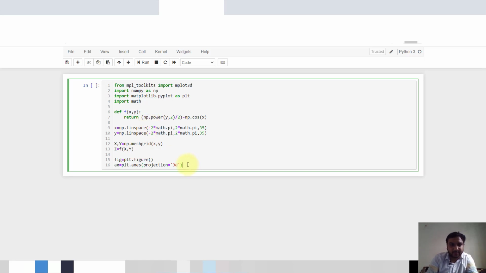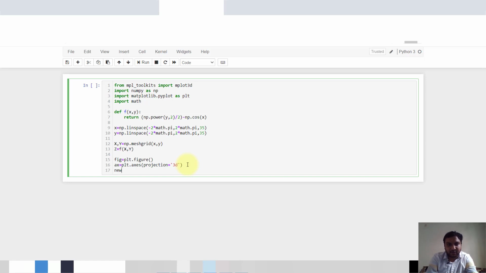So it will create our 3D graph. Now we'll define one new function, ax.plot_surface, which will create the surface graph.